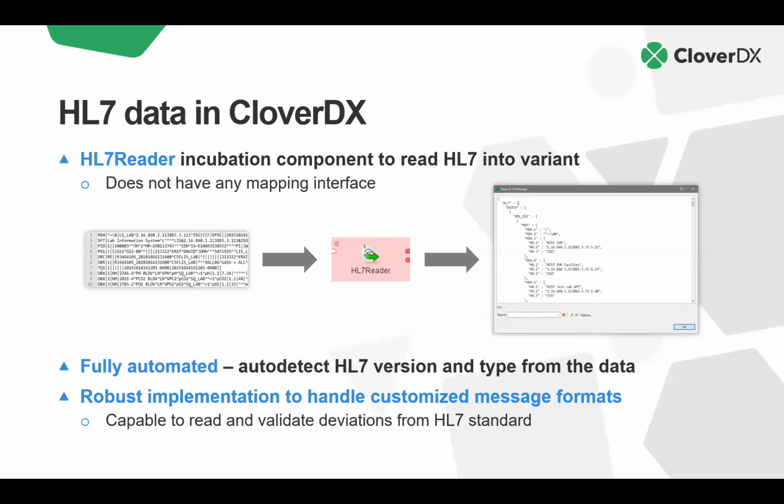So with HL7 Reader, we've taken the first step of helping you understand the data, because we now have a very robust component that allows you to parse HL7 data and convert it into variant, meaning that the whole complicated file that you can see here gets converted into a nice variant, JSON-like structure that you can then process in Clover further. Usually what we see our customers do with this is that